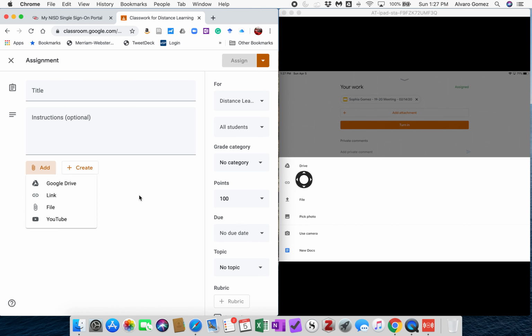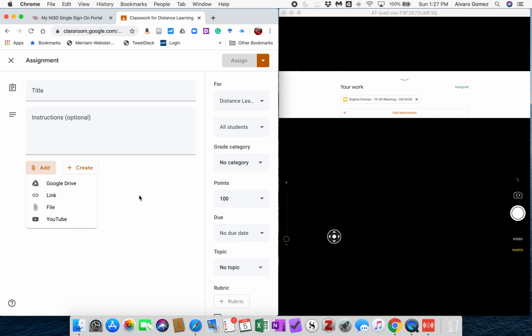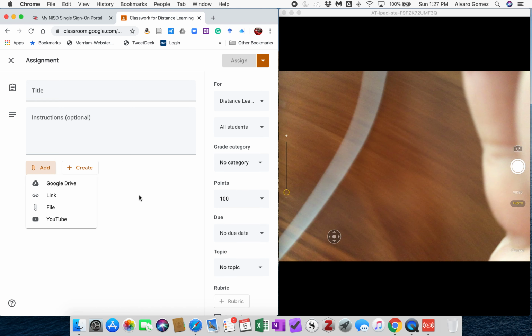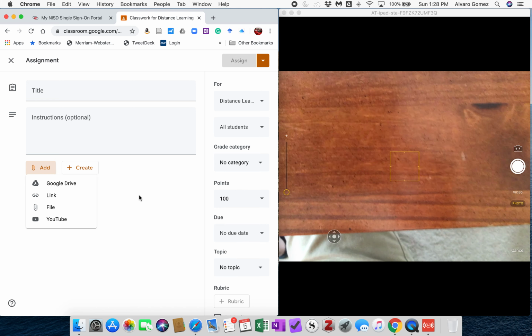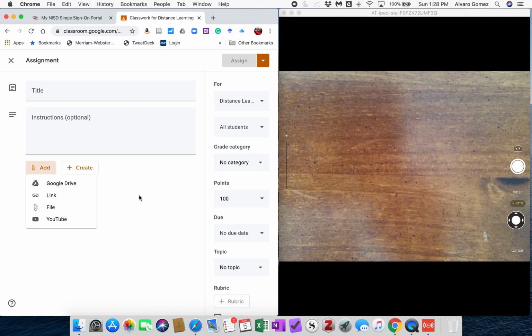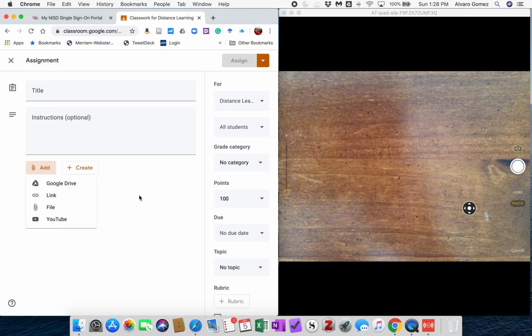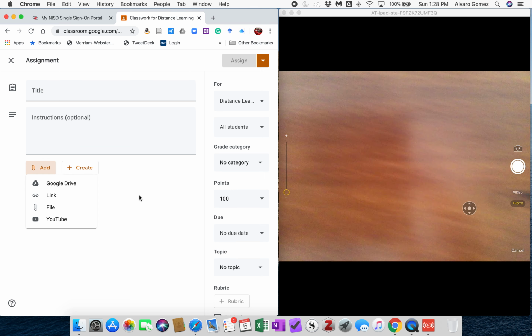So the student can go into their drive, they could attach a link, they can upload a file, they can pick a photo from their camera, they can actually use a camera, and then down here they can create a new doc. So if they wanted to use the camera, they just tap on use camera. Of course, on my iPad, I have the option here to do a photo or a video. So if I wanted to just take a photo of, let's say this,